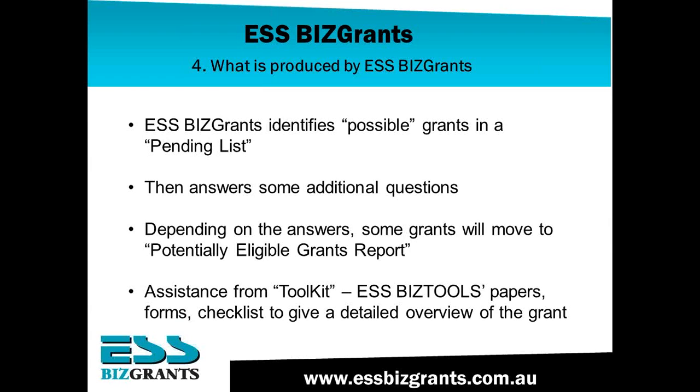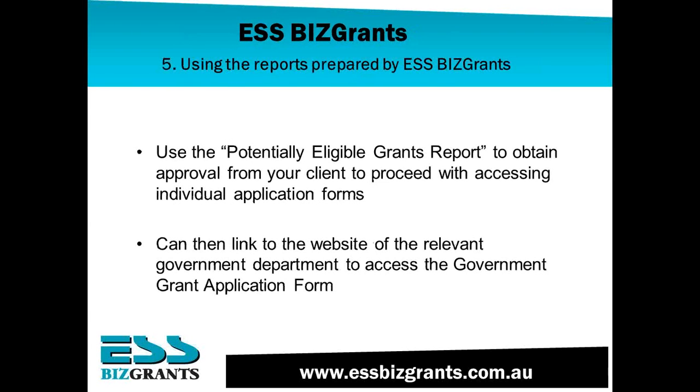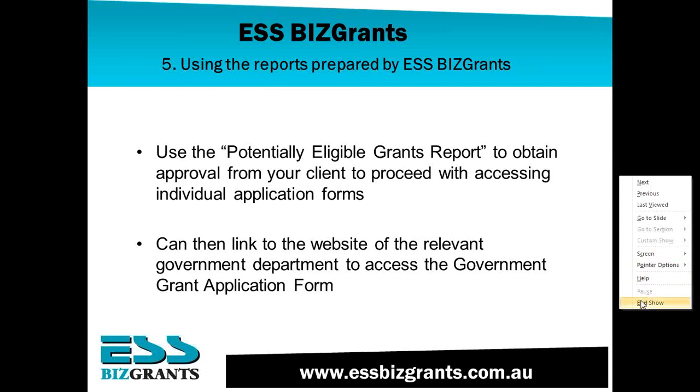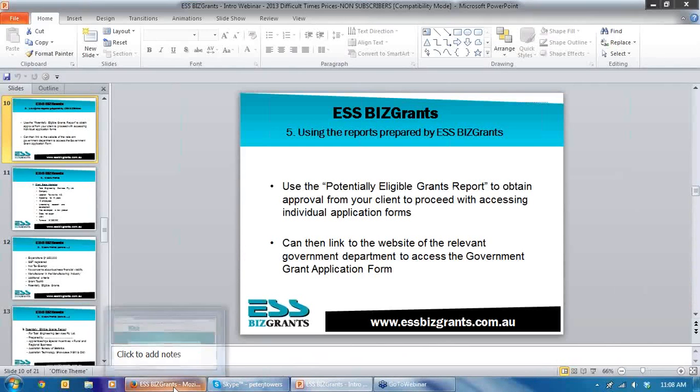There is a grant toolkit which contains papers and other articles and information on a particular grant, so that you can read that if you're required to get more knowledge on the grants, or you could print it to supply it to your client. And you can link back to the website of the government department to complete a grant application. So we just might move into the